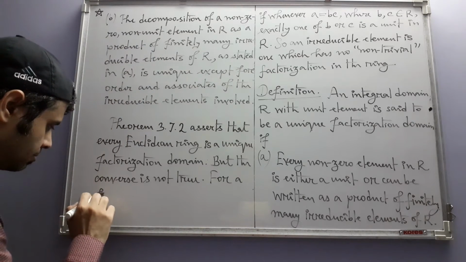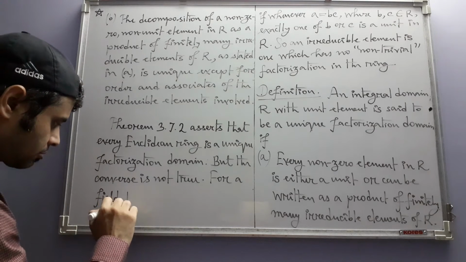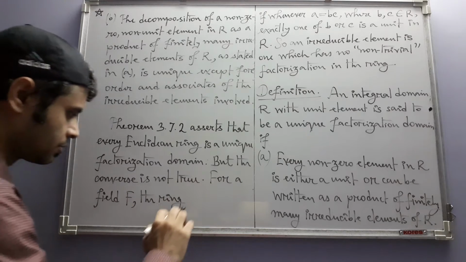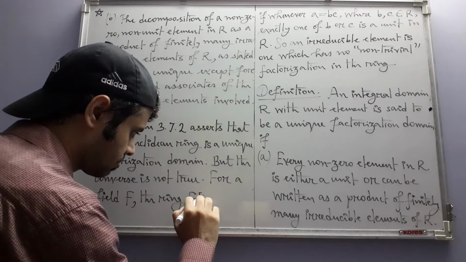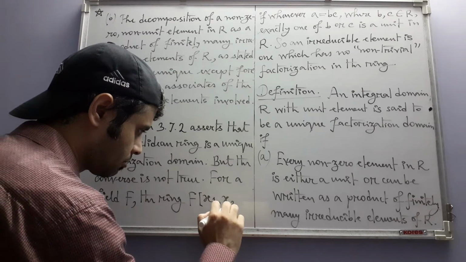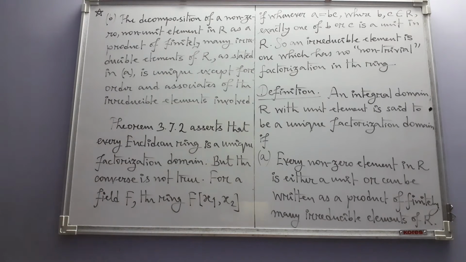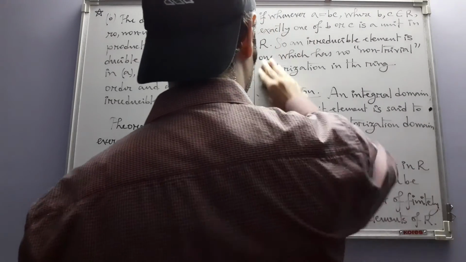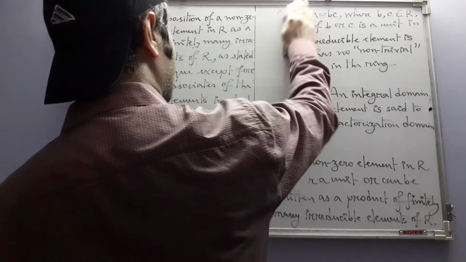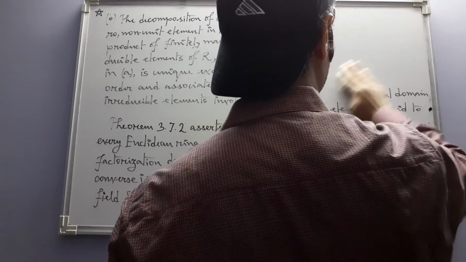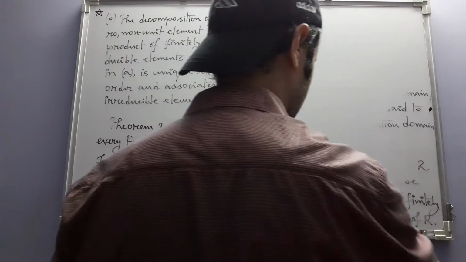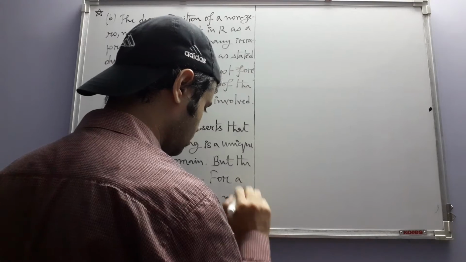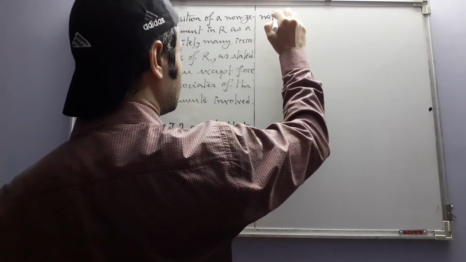For a field F, the polynomial ring over F in two variables x1 and x2 is not a